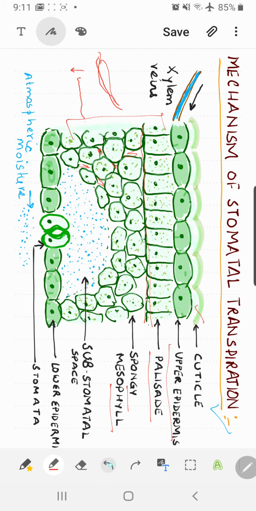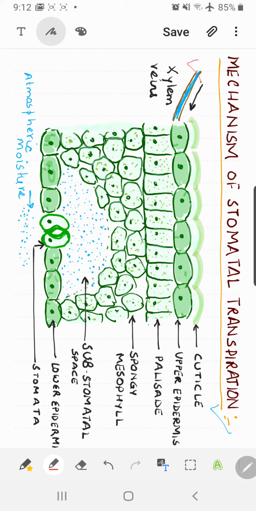Keep one thing in your mind: whenever you are explaining this mechanism of stomatal transpiration, the only word you have to use here is diffusion. Water is lost due to diffusion. Now, why diffusion? That we are going to discuss. Okay, children? See that here I have drawn a xylem vein. This is just to show you that